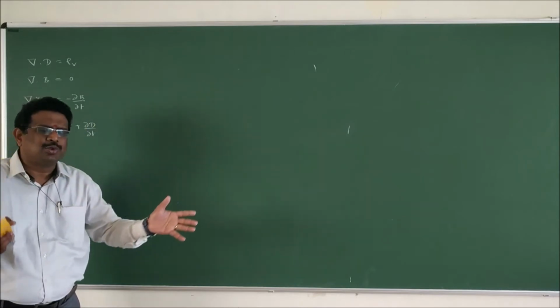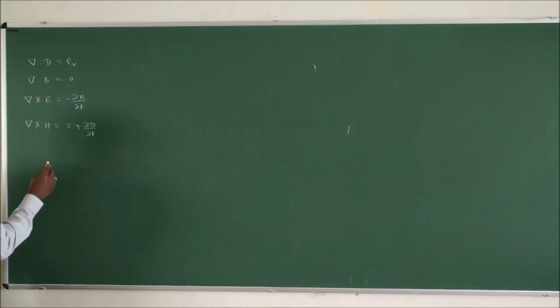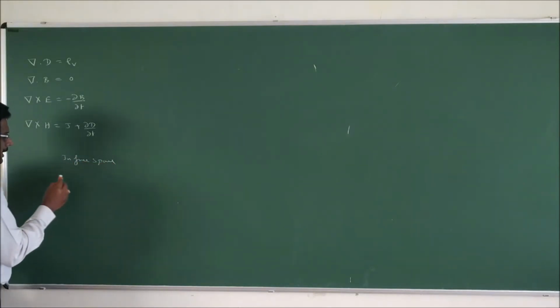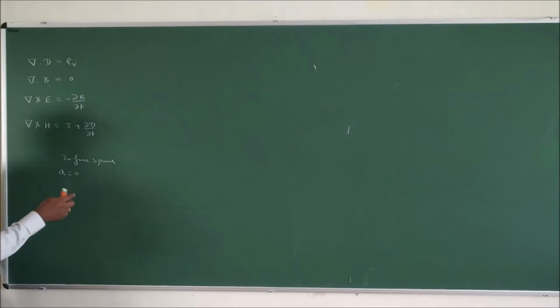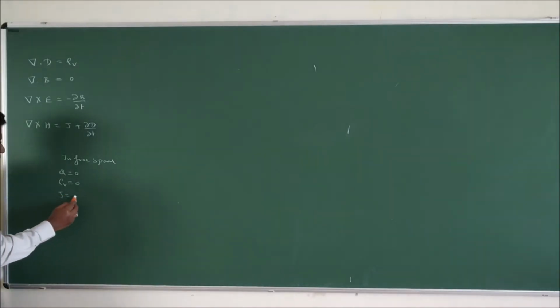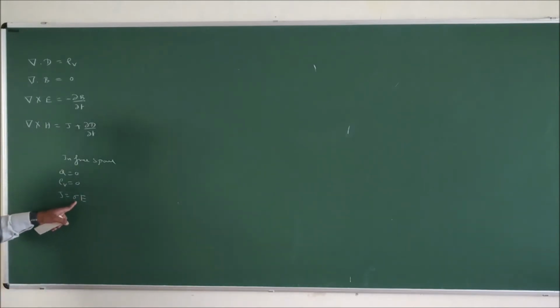Now, if I define these electromagnetic waves in free space, definitely in free space there is no charge. Please recall, in free space, let us say charge Q equal to 0. If that is the case, rho v will be 0, because charge is 0 means charge density is also 0. And you should know J equal to sigma E, which says current density J is a function of conductivity. What is the conductivity? It depends on the medium. In free space, conductivity is not there.